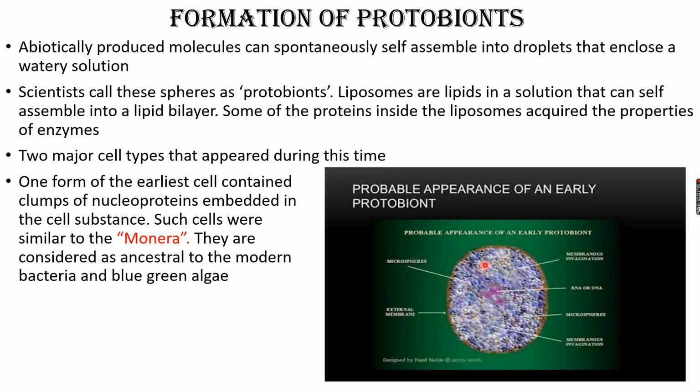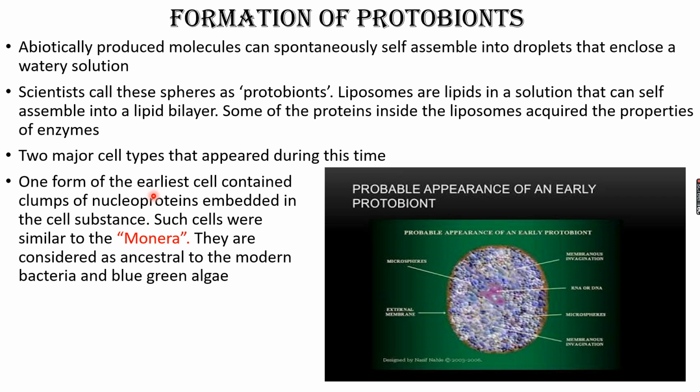Liposome means lipids in the solution that assemble to form a lipid bilayer. So the lipid bilayer is the basic structure of all cell membranes. Some of the proteins present below the liposomes acquire the properties of enzymes because all enzymes are